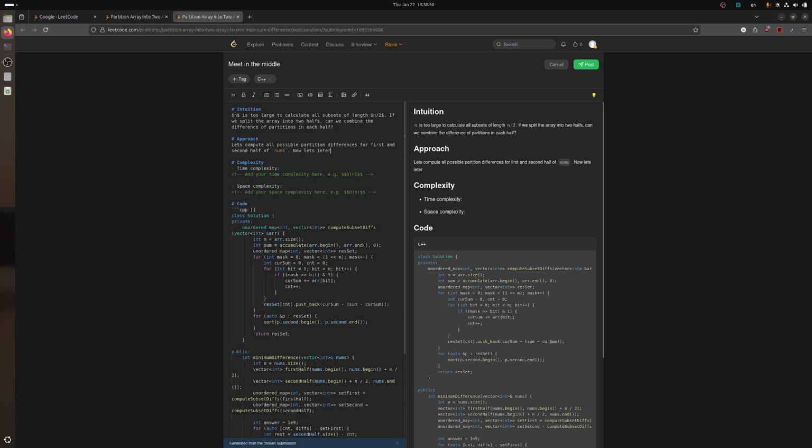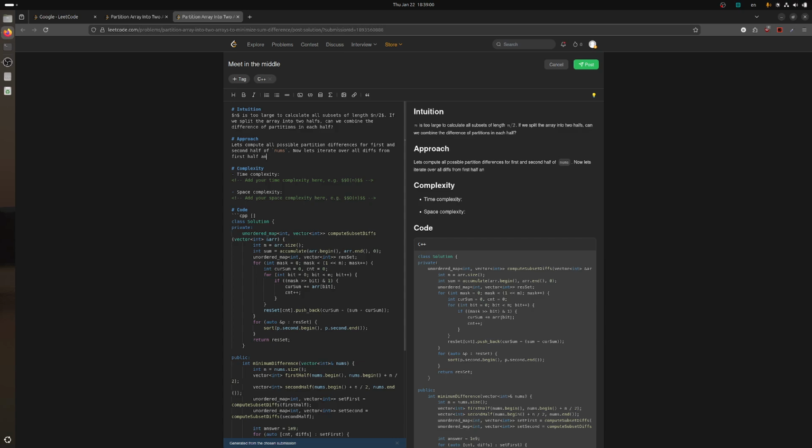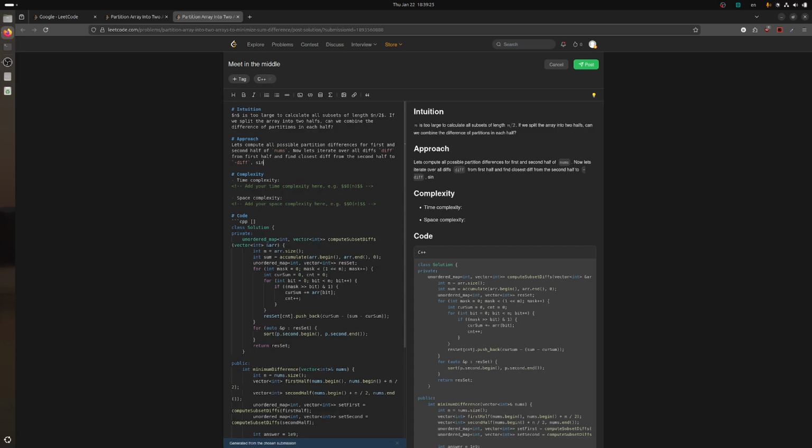Now let's iterate over all diffs from first half and find closest diff from the second half to minus diff, since we want their differences